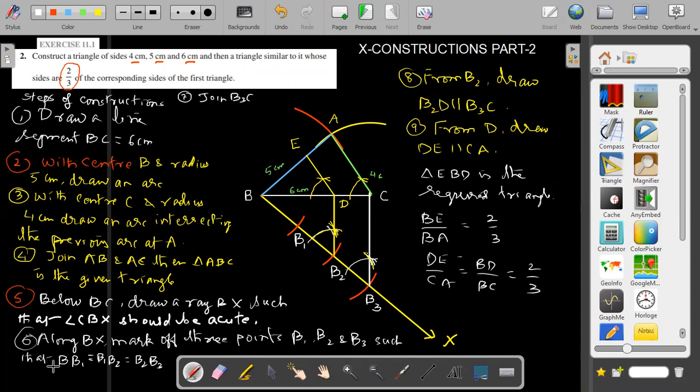That's the first type. The second type we will do in the next class, last period. Then this exercise will be finished. There are only two types of